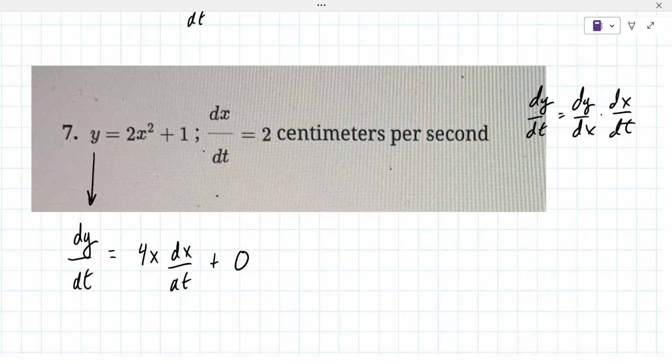Okay. Is that okay so far? Yes. All right. So the, the